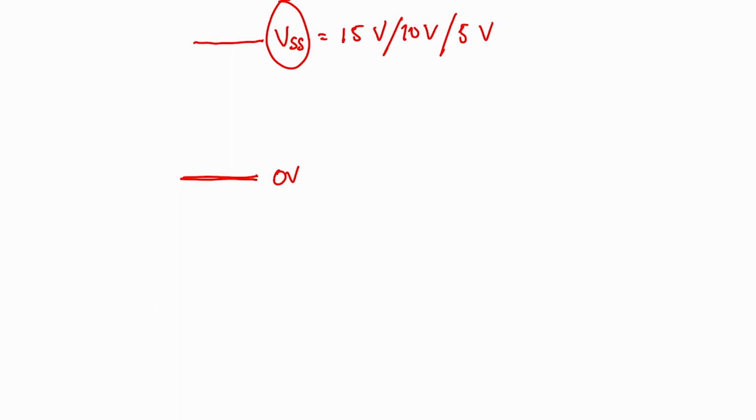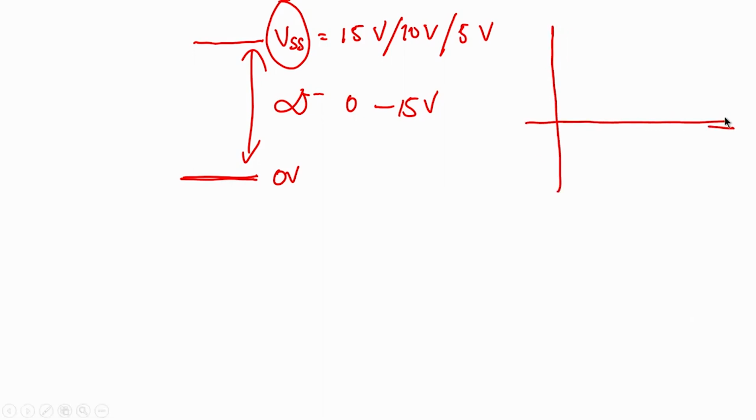So from 0 to 15, how many values are there? Yes, you guessed it correct, there are infinite values from 0 to 15 volt, and that is why it is called an analog signal. What is an analog signal? If you try to look at a signal, the signal can take any value from its set lower and upper values, correct. If you set 15 volt here and 0 volt here, in the duration of time this signal can take any value. Okay, this is an analog signal,